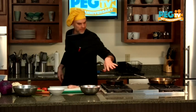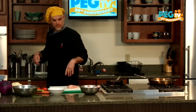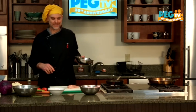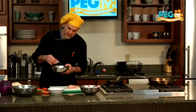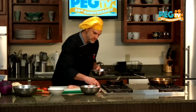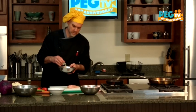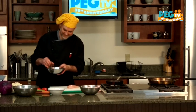All right, my pan is nice and hot. Let's see, I have another pan over here hiding. Okay, I'm going to make some blackening spice. And for that, I have a little Himalayan sea salt. Not too much. I bet you it's 1/4 teaspoon. About the same of pepper. I generally use about equal parts. Some garlic powder, chili powder,